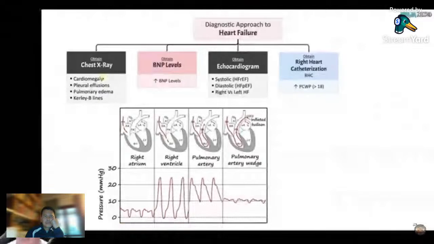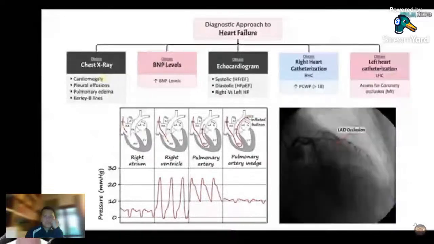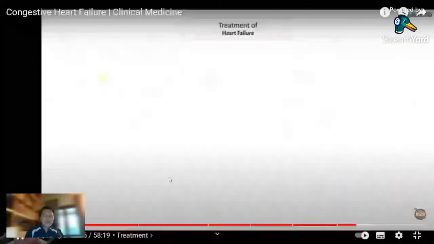Now, with that being said, if it's acute left heart failure, it's important to go through their medication list, look to see what their heart rate is, and look to see if they have any valvular disturbances. But one of the big ones that I have to do is get an EKG and also consider a heart cath if I think they're having an MI, because it's going to find the occlusion and treat that, and that might be the thing that knocks them out of this acute heart failure. All right, how do we treat heart failure? This is really, really important.